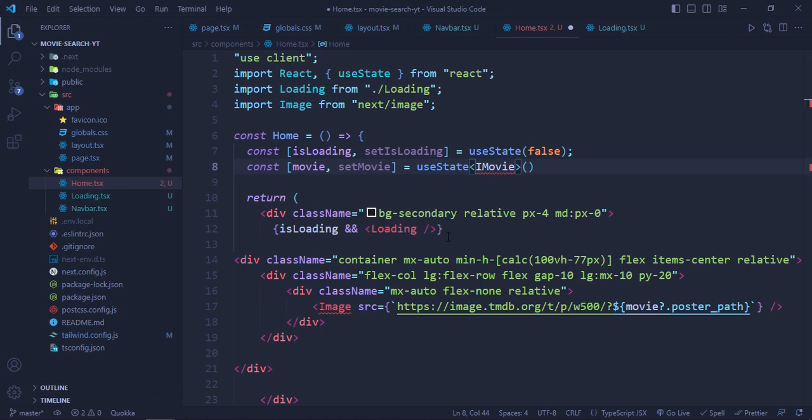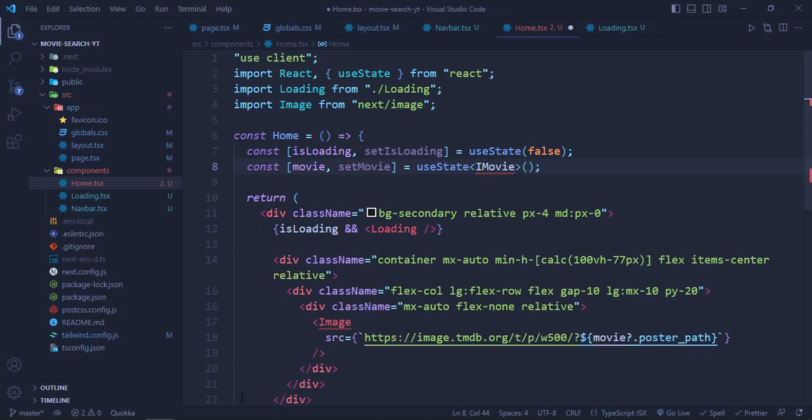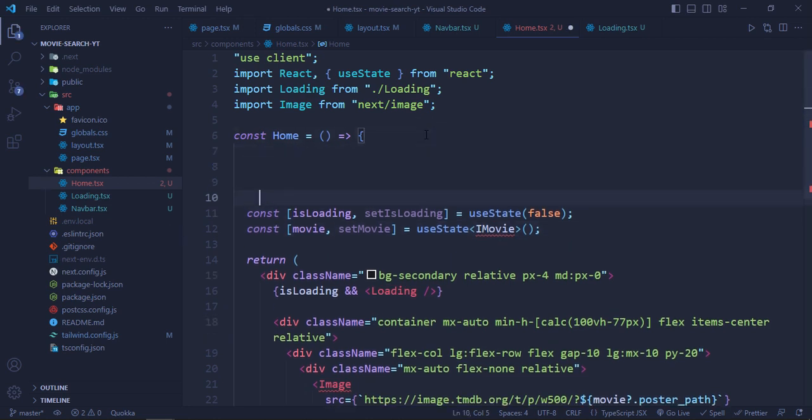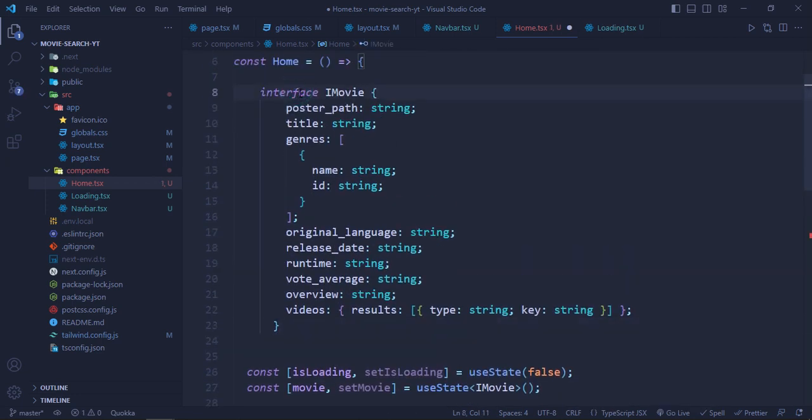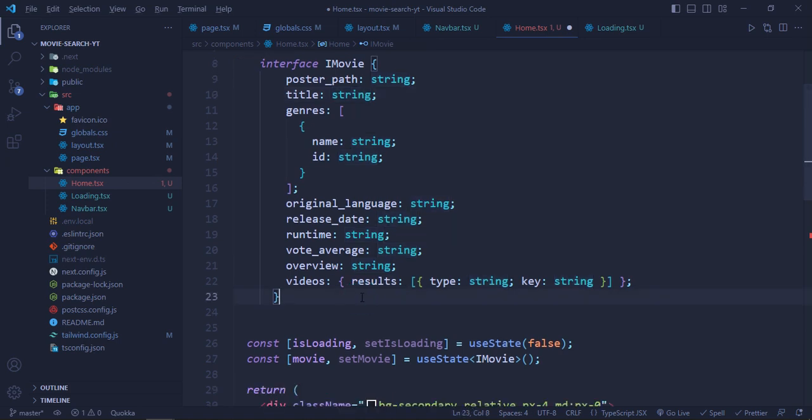Okay, so we have to create an interface for our movie, which I'm just going to quickly copy paste here so that I don't waste a lot of your time. So this will be the type of the object. It will be an interface called IMovie, and it will have a poster_path string, title string, and so on. Okay,